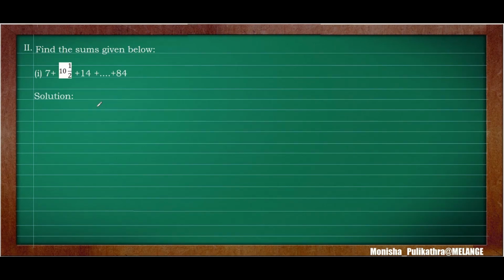So this is the second exercise of 1.3. Here we need to find out the sum of the given sequence. The difference between the first one and the second one is, in the first one they have given a sequence up to some n terms. If they are given like that, the last number will be n, the number of terms. But in this question they have given T1, T2, T3 up to plus 84. So this is not n, this will be Tn. Here n is not given. So in this case, first we need to apply the Tn formula to find out n. Later on we need to apply the Sn formula to find the sum of the n terms.